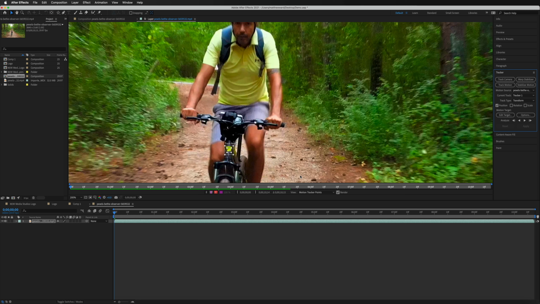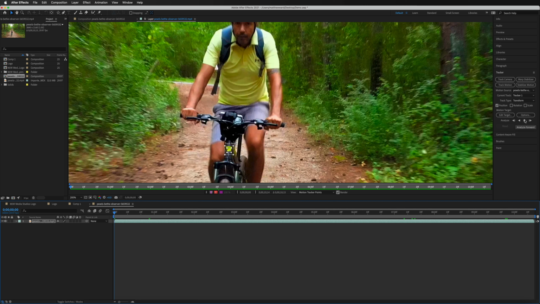And all we've got to do now is just go back over to the right hand side in our tracker menu. And we've got a few different options in here. We can generally leave all this the way it is right now. You just want to make sure that you are on position right there, as rotation and scale are going to be used on a different type of video. So what we're going to do now is come down towards the bottom where it says analyze, and you'll see we've got these 4 different buttons, and all these are used for is to either analyze by 1 frame going backwards or forward, or analyze either backwards or forwards. And we'll talk about that in just a moment.